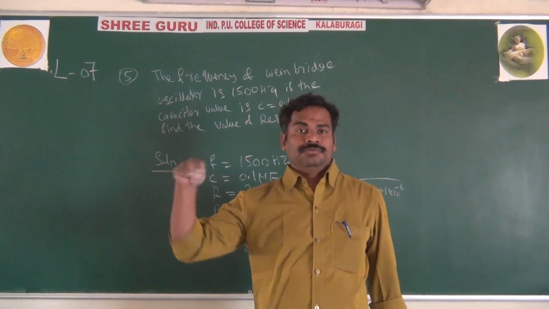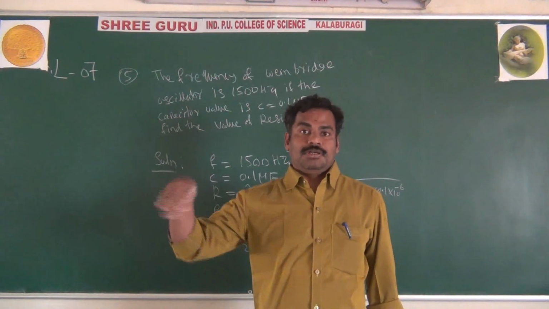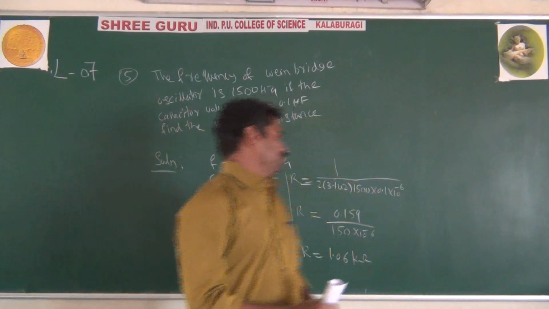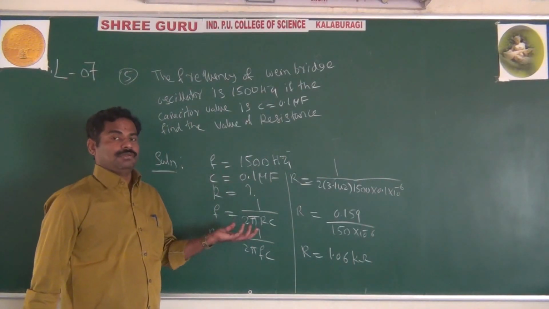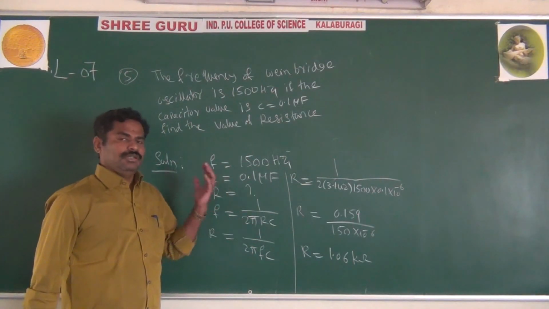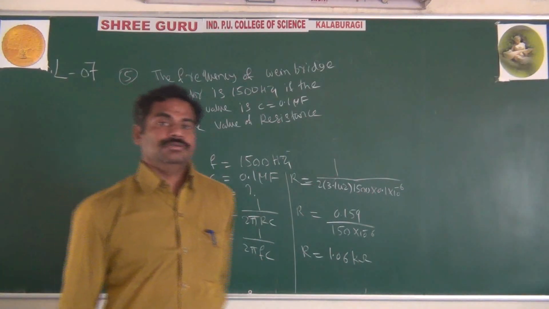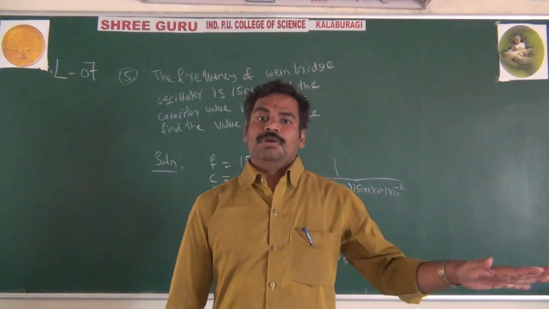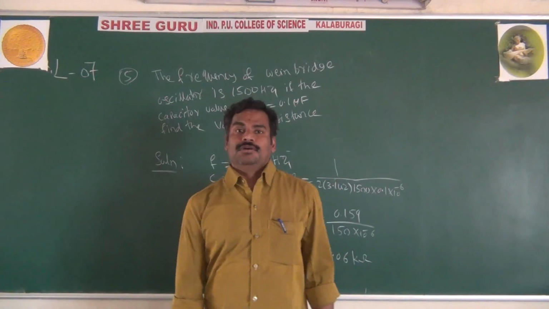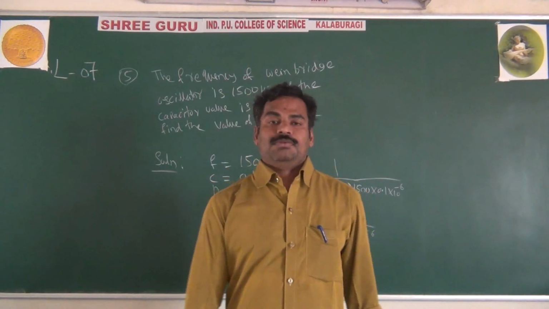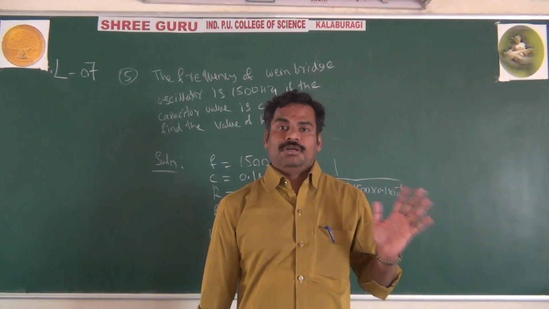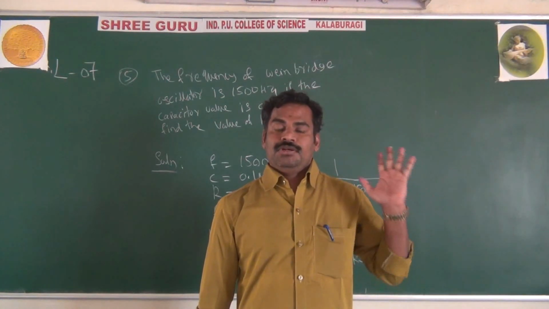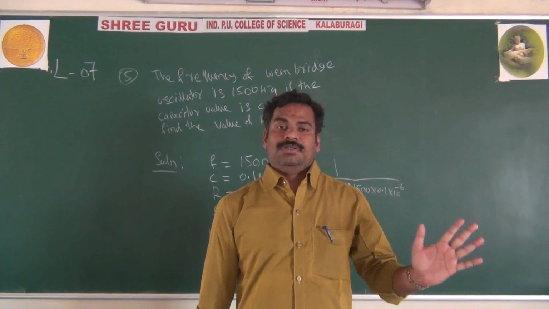This is about very simple problems, and as I said, they are very simple as compared to your Colpitts and Hartley oscillator, because you are using very simple formulas for the Wien bridge and also for the phase shift oscillator. Most of the time they will ask the question on problems of Colpitts and Hartley oscillator, and maybe you have followed the very simple problems, and in the next class you have completed the oscillator topic, because you have completed the problems, and also explained everything.